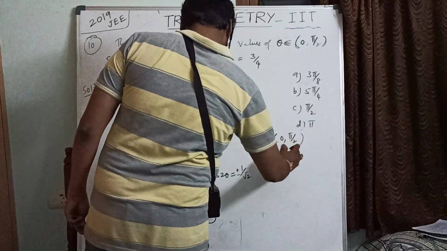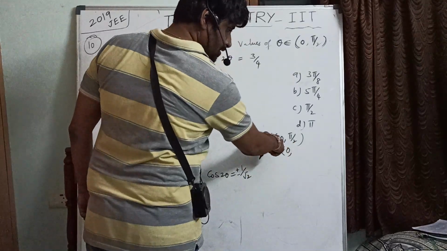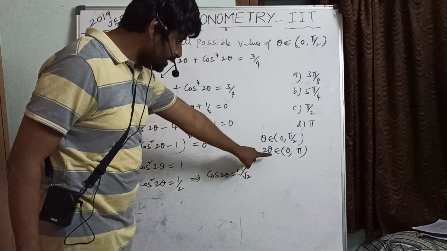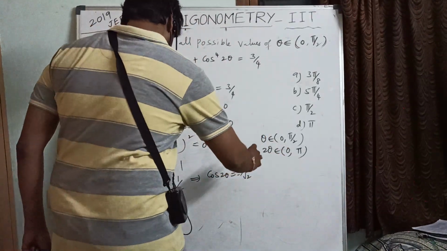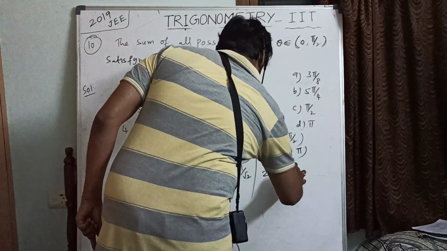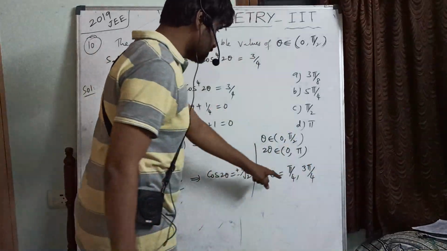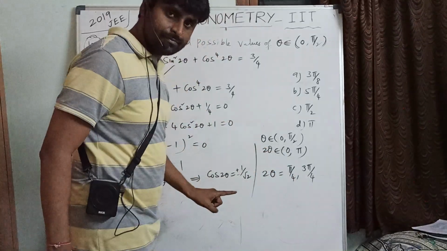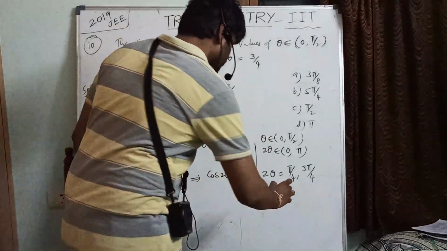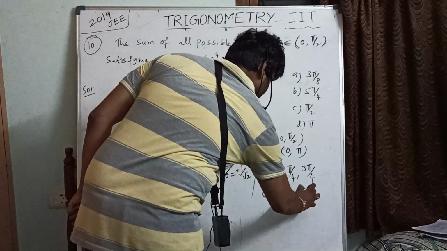Okay. Now what about 2 theta there? 2 theta belongs to, multiply 2 there. 2 into 0, 0, 2 into pi by 2, 2 cancels, pi. Means 2 theta value should be in 0 to pi only. Correct? So what are the possible values we can get? 2 theta equals to, so pi by 4 we can write, 3 pi by 4 also we can write. Correct? So 45, 135 I can write, which lie in 0 to pi. From this what are possible values of theta? Theta equals, 2 comes here. So pi by 8, so 3 pi by 8.